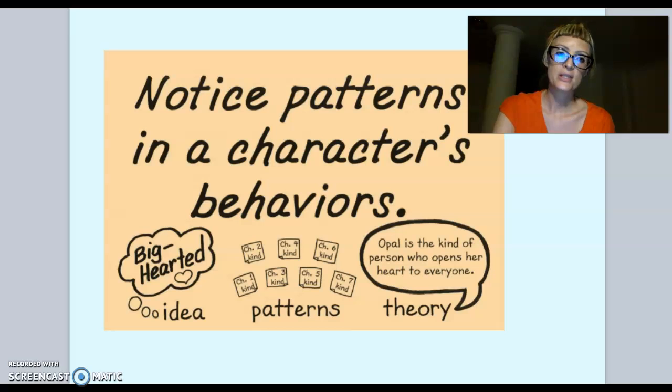So what I'd like for you to do is just jot down a little note about either a character in the book you're reading right now or the one that you were just thinking of, and explain what was the pattern of behavior that helped you to make this theory about your character. All right,